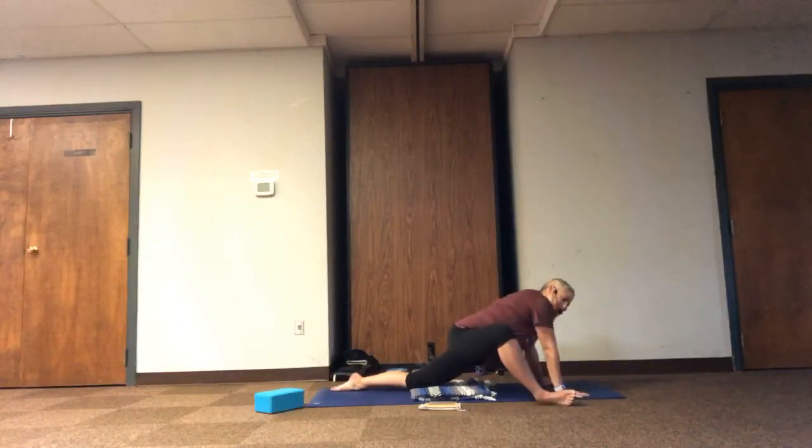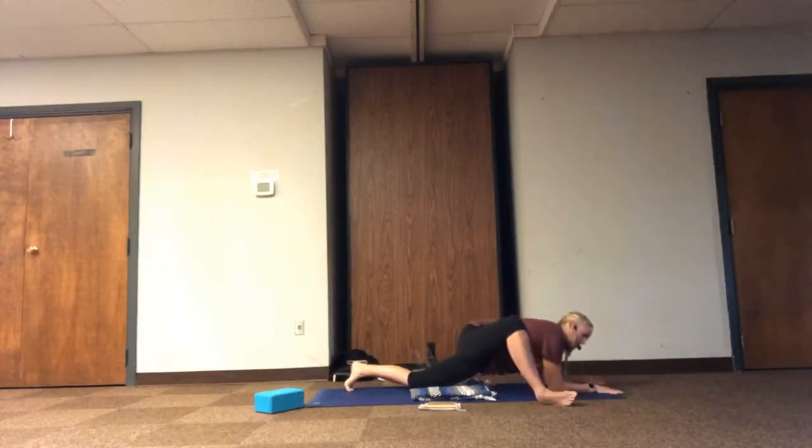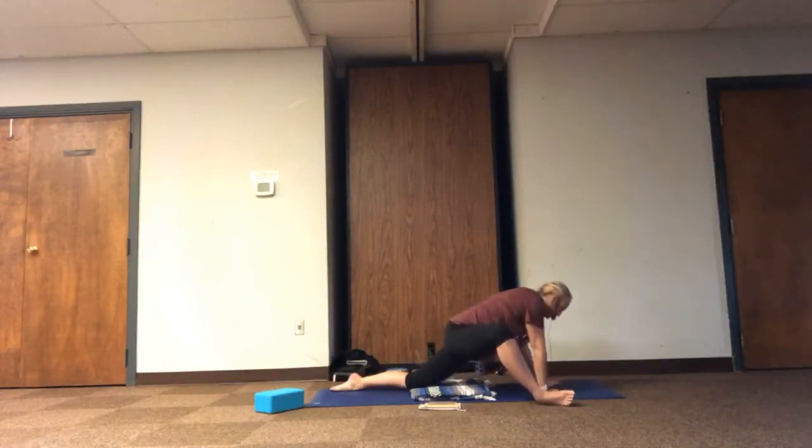And with the thigh open or folded, our body's choice, we're just going to feel the wrists under the shoulders to stay, or the elbows rest on the block or the floor. Collarbone can lift, heart can stretch forward. Feel stability through our shoulders, relaxing and resting into our breath. If we've relaxed our elbows, guiding our palms back under the shoulders, find that support through the collarbone, the wrist,